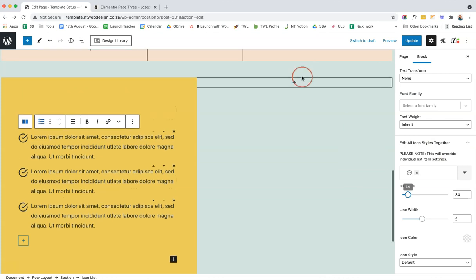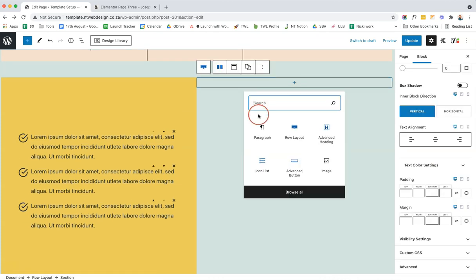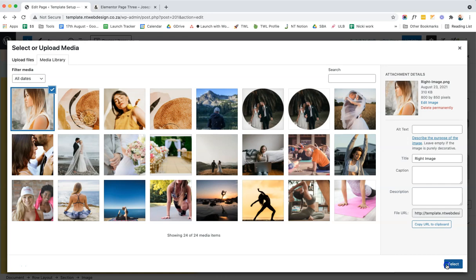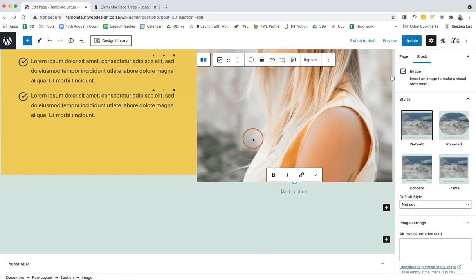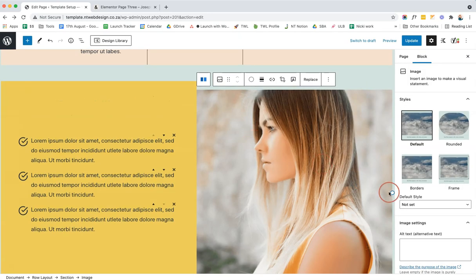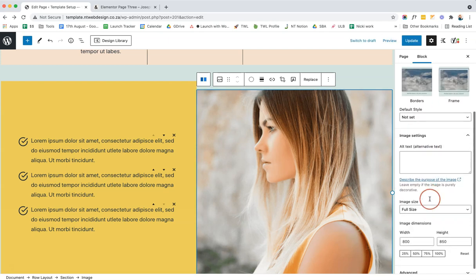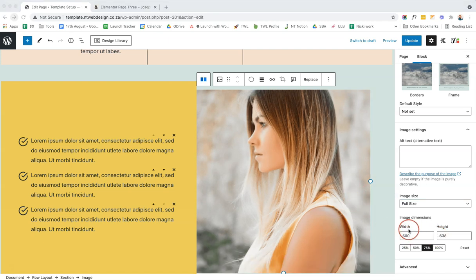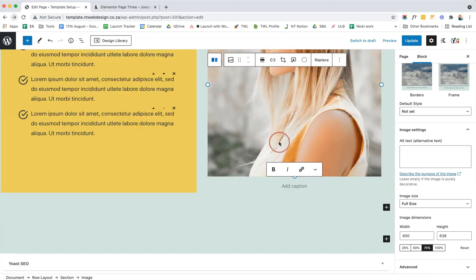So there we go. So let's look at adding a block, which is an image. So we are going to select this image from our media library. Okay, and we can see this image is really big, so we might want to reduce the sizing of that image. So we click on it, we can come down here and change the sizing. We can specify the width and the height here in pixels. Alternatively, we can select a percentage here. So I'm going to go with 75%,